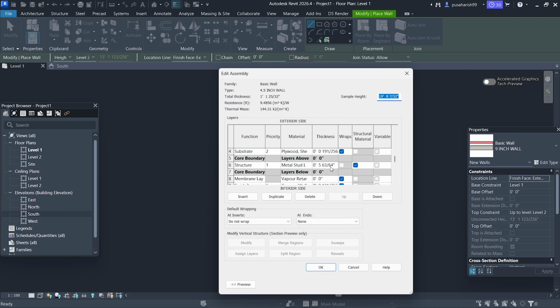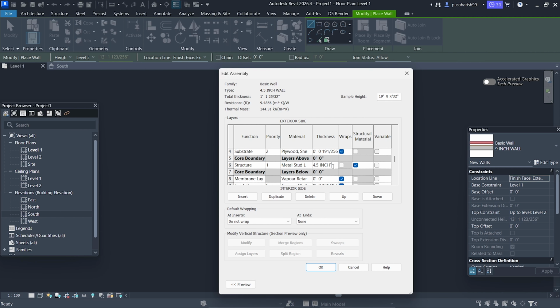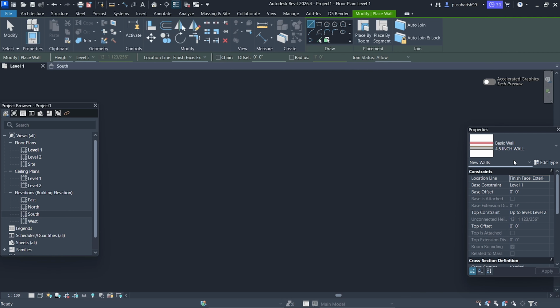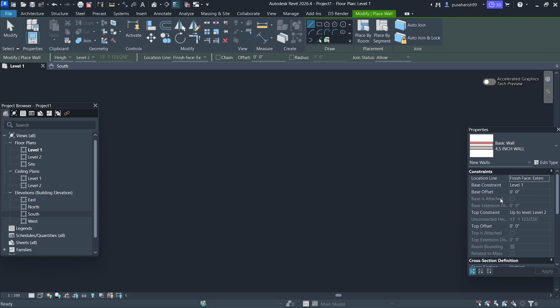So core boundary, yes, structure is 5 inch, so I am going with 4.5 inch. Enter 4.5, close. OK, apply, OK. The two walls which we needed are created here, 9 inch and 4.5 inch. Select 9 inch wall. Take a rectangle, no need of rectangle, draw line of 35, and